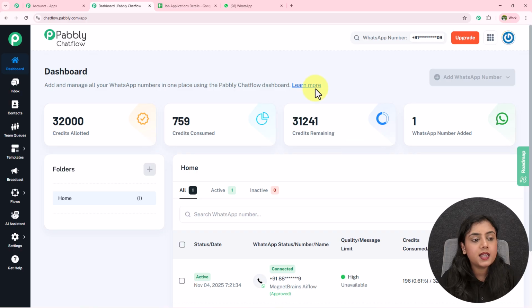Then you will come to the dashboard of Pabbly Chatflow like this. Pabbly Chatflow is an amazing tool using which businesses can easily and efficiently manage their WhatsApp conversations. Over here, to add a number, you have to click on this Add WhatsApp Number button